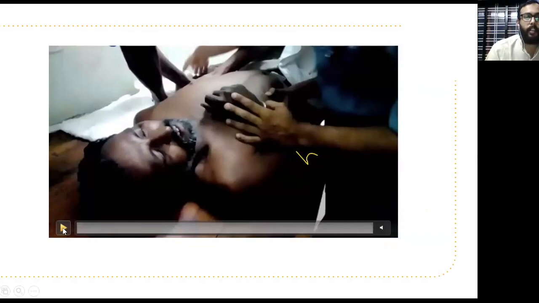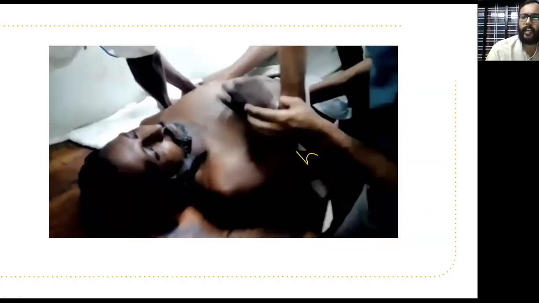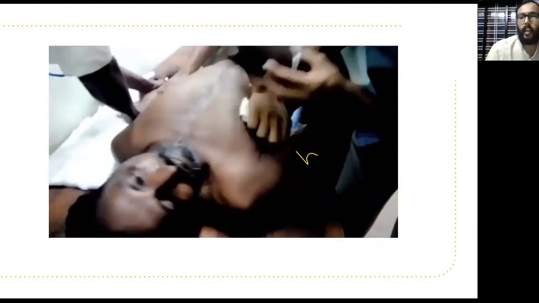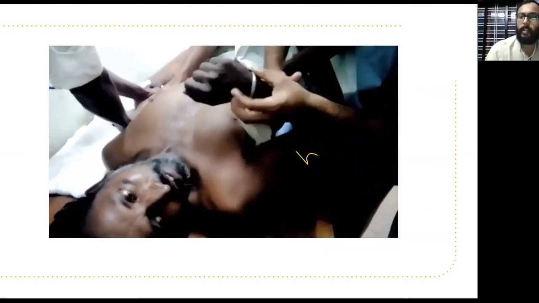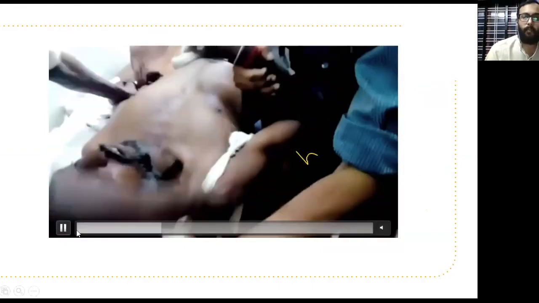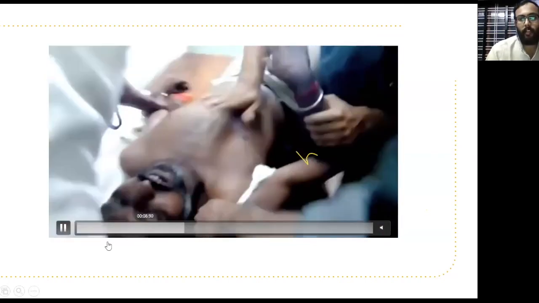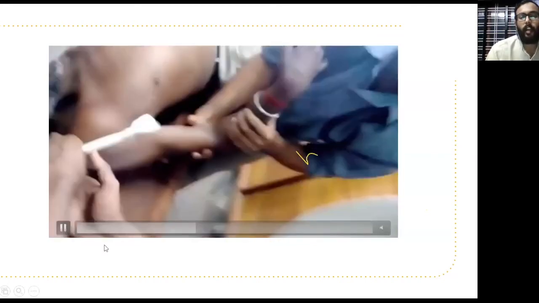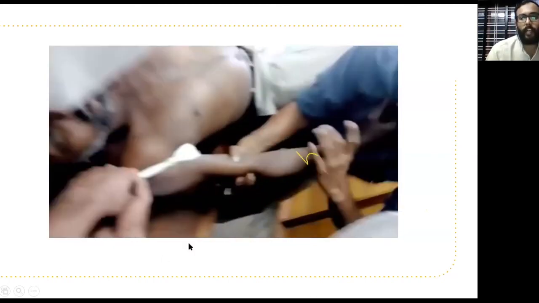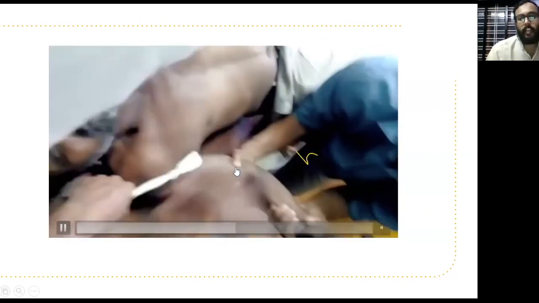Here you can see in Koch's method: traction, external rotation, adduction up to the midline of chest, and medial rotation. Four methods are there. The medial rotation itself is Dugas test. Here, with the help of one assistant, counter traction is given. Here you can see traction along the line of humerus in a 90-degree flexed elbow. After giving traction, then external rotation is done.